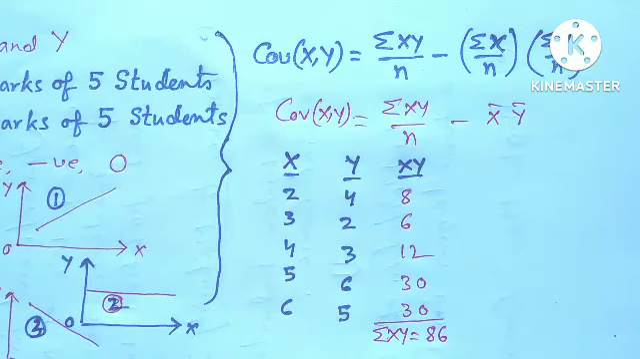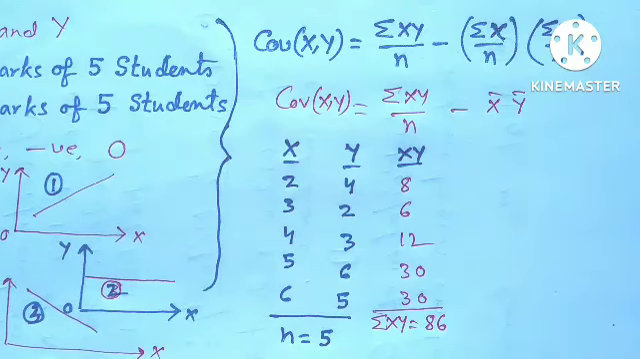In the case of the x and y variates, we can see 5 numbers are given: 2, 3, 4, 5, 6 for x, and 4, 2, 3, 6, 5 for y. So n equals 5. Now we have to calculate x square and sigma x square, y square and sigma y square, which will help to calculate the standard deviation of x and y. Similarly, we have to calculate sigma x and sigma y, which will help us to calculate the covariance of xy as well as the standard deviation, because both in the covariance as well as in the standard deviation